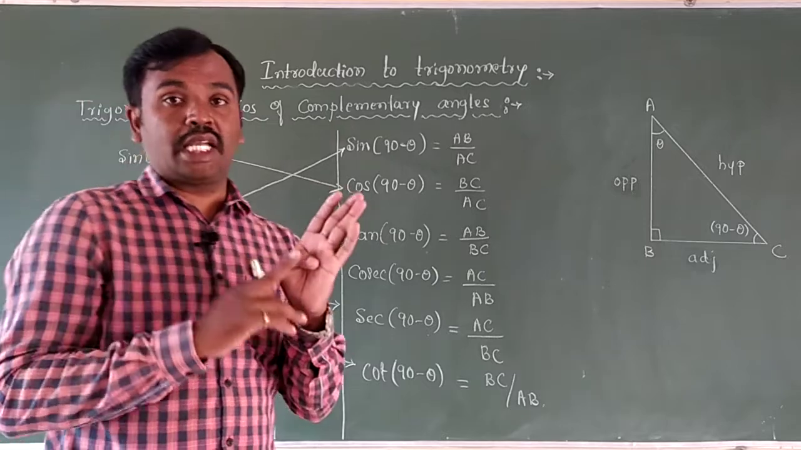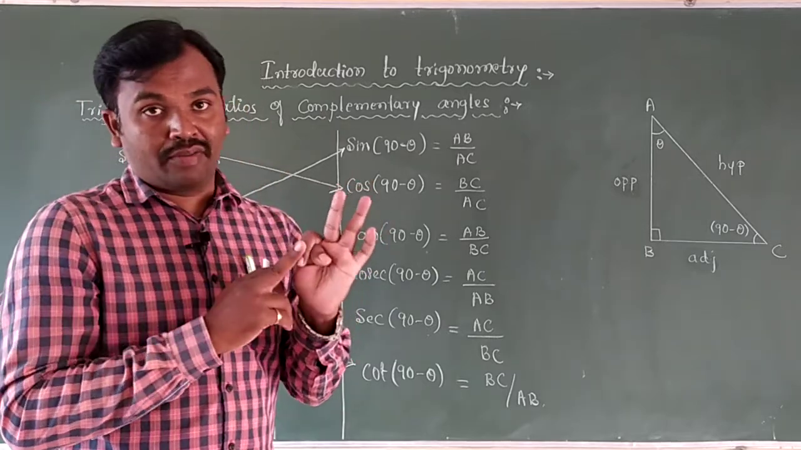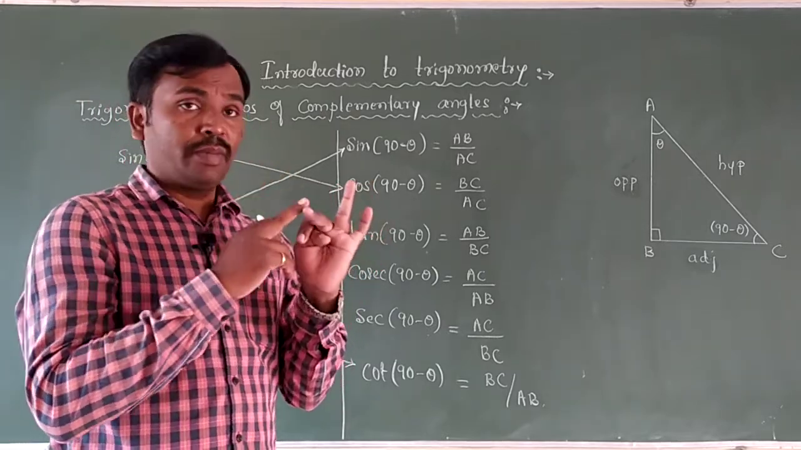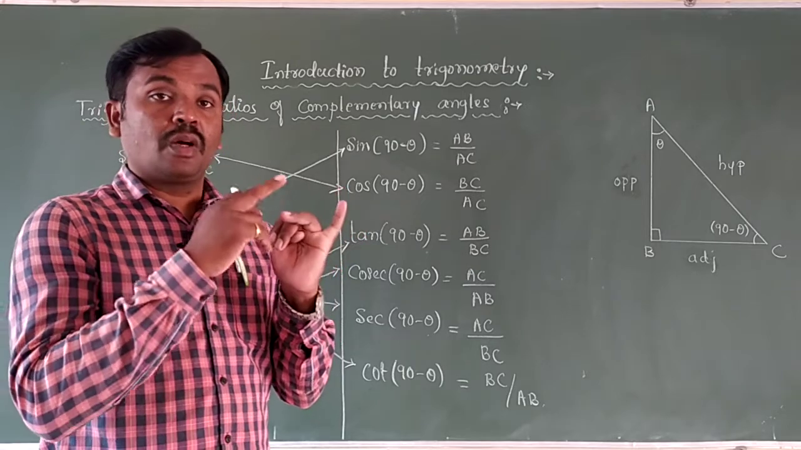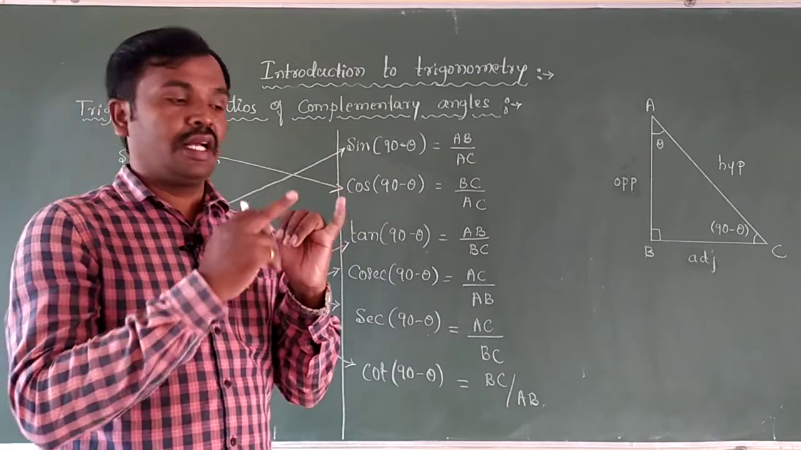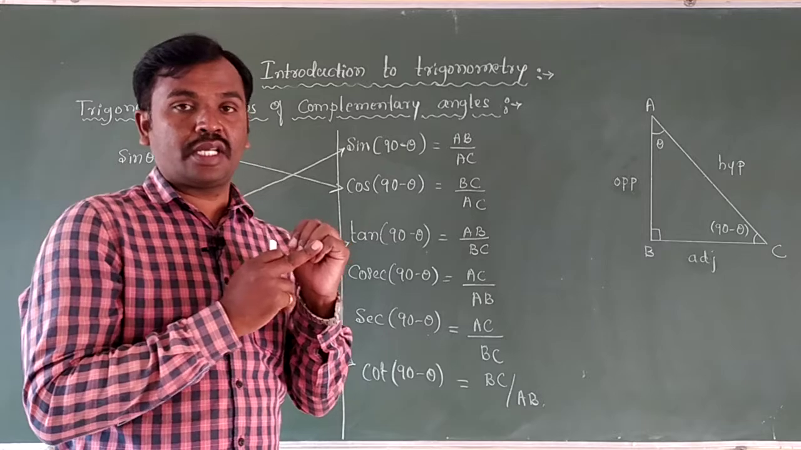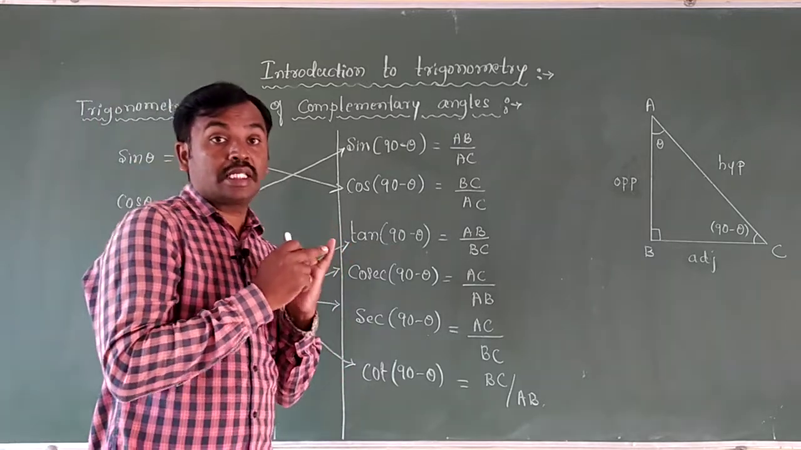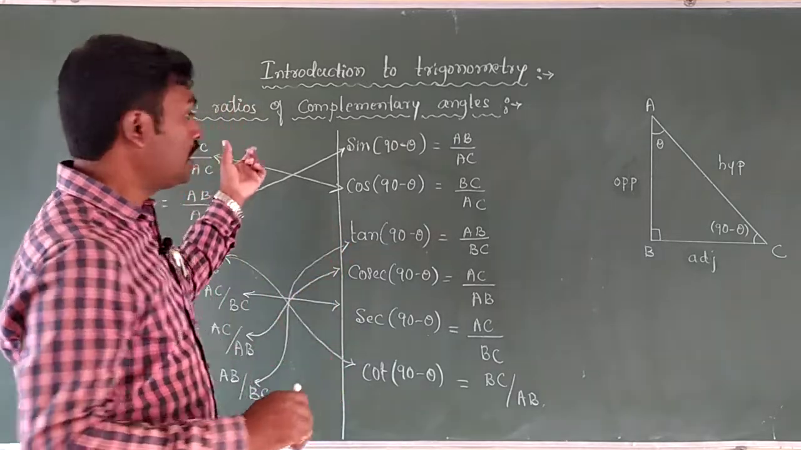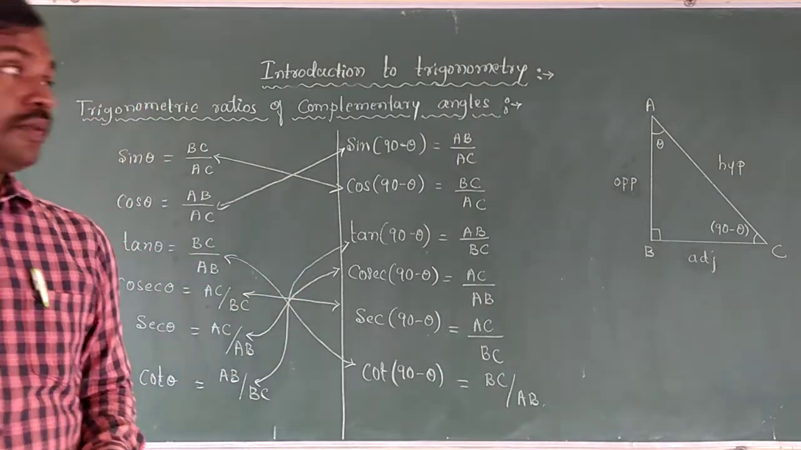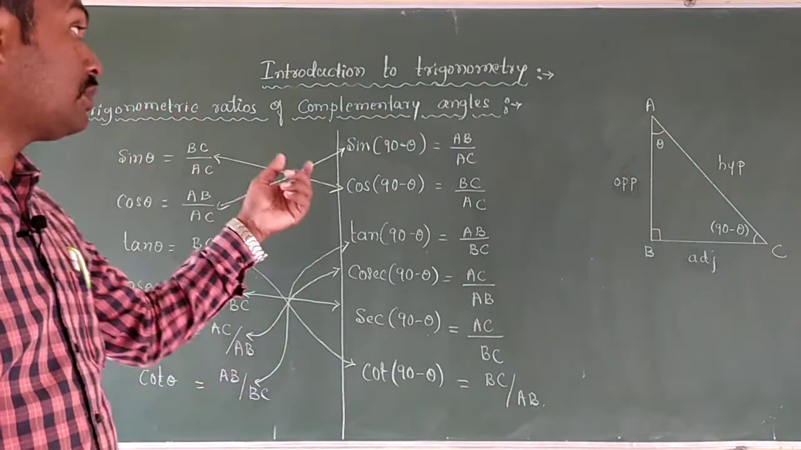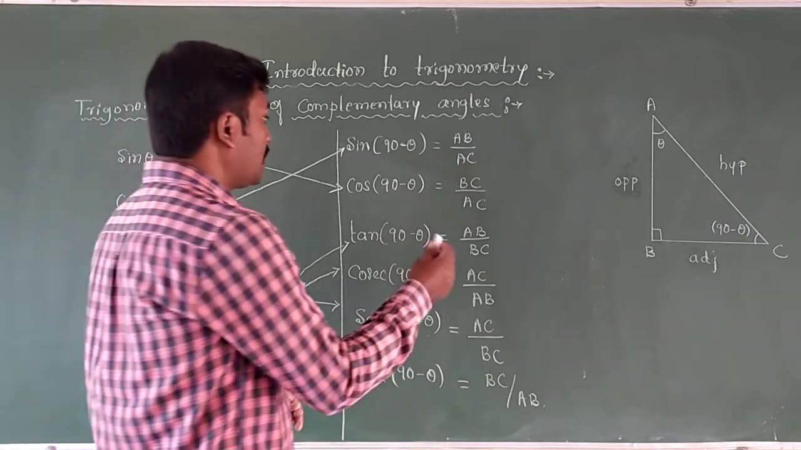The complementary of sin is cos. Complementary of cos is sin. Complementary of tan is cot. Complementary of cosec is sec. Complementary of sec is cosec. Complementary of cot is tan, children. Is that clear? These are the trigonometric ratios of complementary angles. So we can directly write the